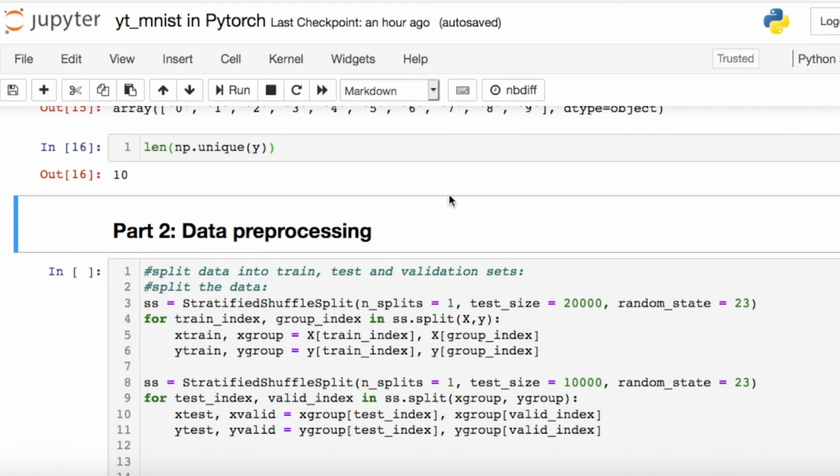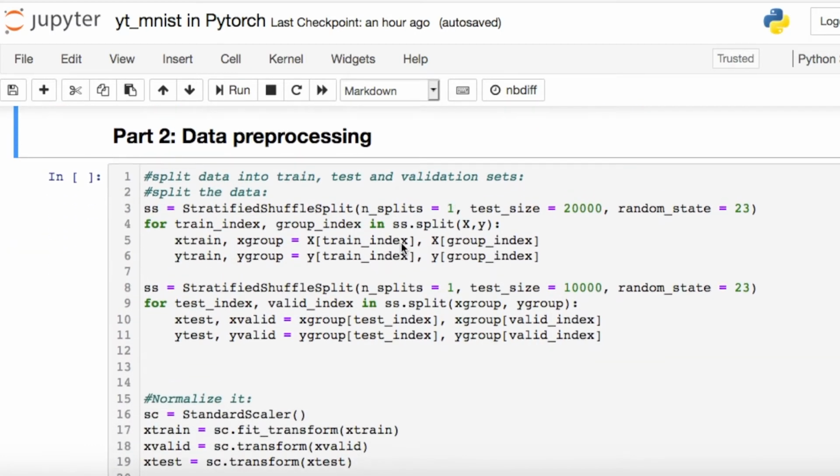In this part 2 of the series, we're going to pre-process our data. Make sure that you have watched the first part of this series wherein we load and save the data as well as visualize the data. Okay, let's get started. First, we're going to use the stratified shuffle split class and make an instance of it,